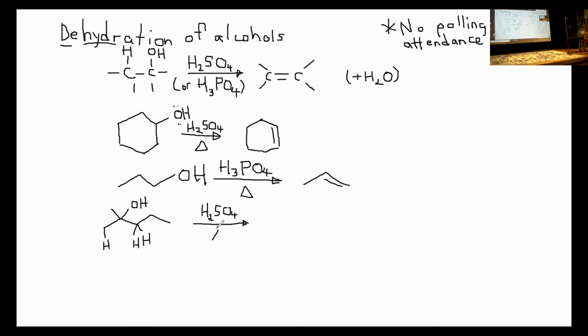And so how do you know which it is that you're going to lose? The simplest way to state the answer is you're going to get the most stable possible alkene product, which turns out to be the alkene that is the most substituted. And we've defined the word substituted multiple times in the past. So I predict that we're going to get the product resulting from losing one of these 2 protons. And if you're ever not sure and you're concerned, well, draw both of them and compare them. So the product that you'd get from losing one of those 2 protons would look like